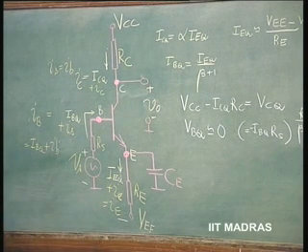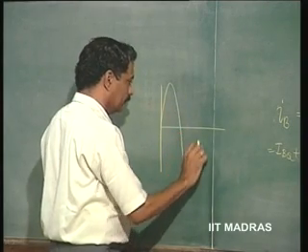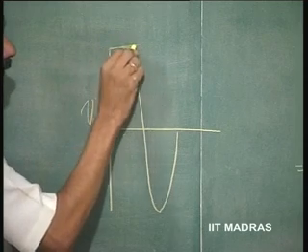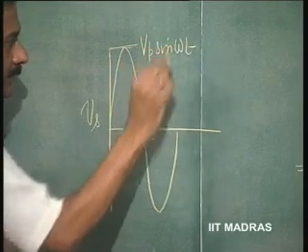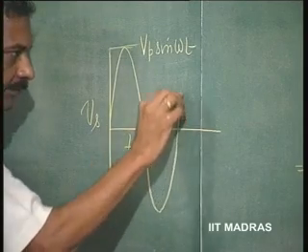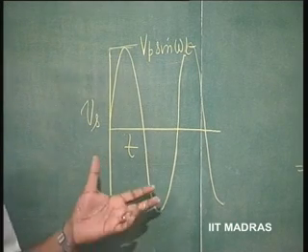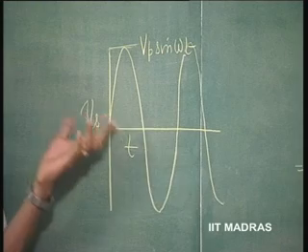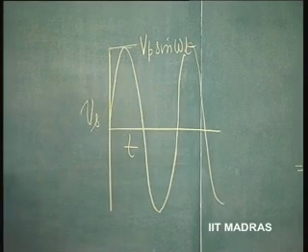Then we know that when the signal, let us say, is a nice sinusoid, this is the signal. So, we will call this say Vp sin omega t. Vs is a time varying signal, periodic. This is normally the test signal for testing any amplifier, because any periodic signal can be broken up into a summation of the fundamental and its harmonics. So, we can therefore test any amplifier by using a sinusoid as the test signal. So, if Vs is Vp sin omega t, then